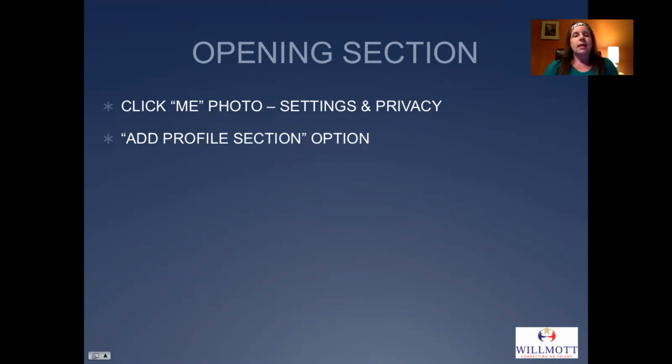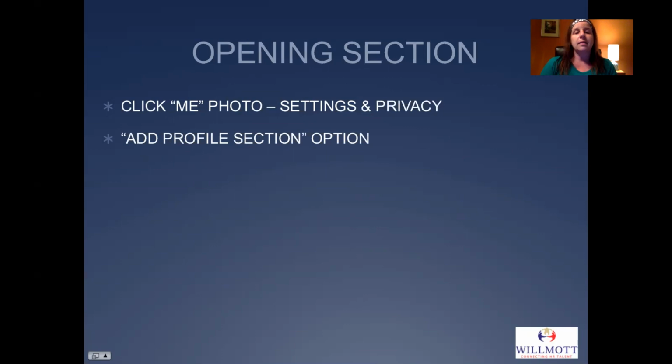You will find things that will allow you to either notify or not notify your network if you've made changes to your profile. You can actually set your profile so that individuals do or do not see that you have viewed their profile. So there's a lot of interesting settings, and you may even vary those settings depending on whether you're in networking mode or job search mode. So take a look through those, and again, we're here if you have any questions about the pros and cons